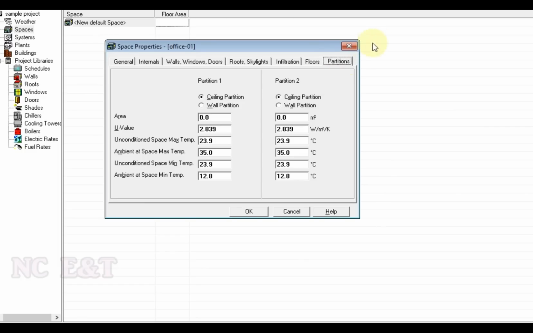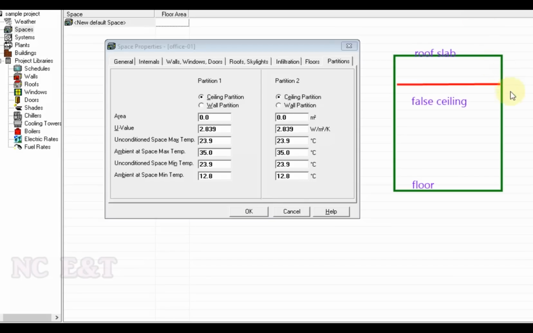Let me explain you what is ceiling partition. You can see in this picture, if we have section of the room like this, we have floor, then we have wall, and we have one roof slab. Below the roof slab we have false ceiling, above which we have electromechanical services and any other things passing through it.